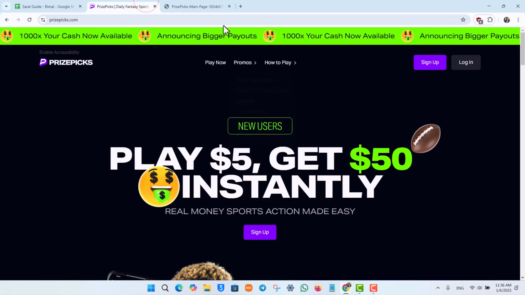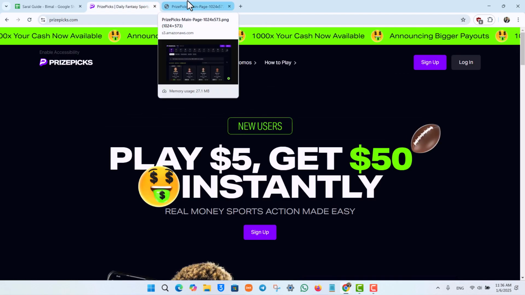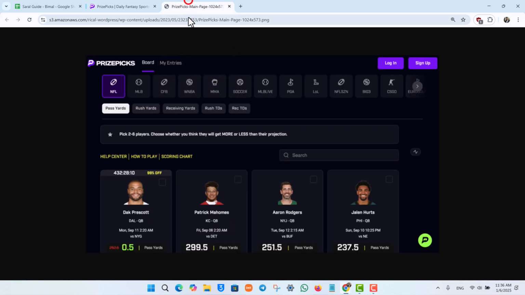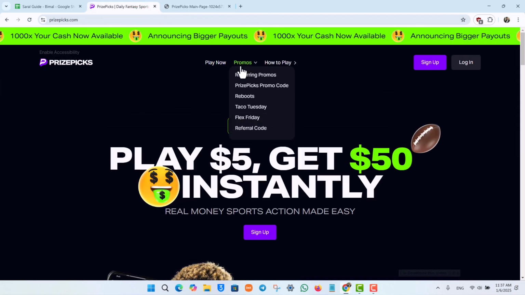There will be active picks and entries option right there. It will show your current picks with detailed status updates, for example pending, in progress, or completed. You will also see the special promotions and offers section right after you log into your account. There will be a balance and rewards section, and the history, where you can review past entries, including wins and losses